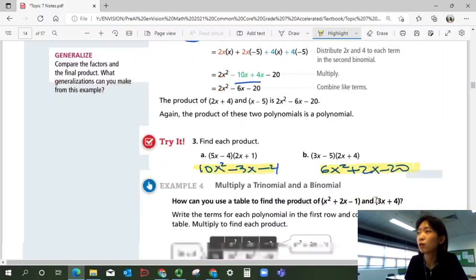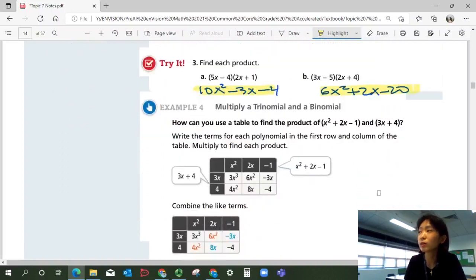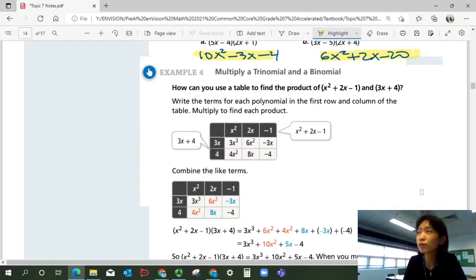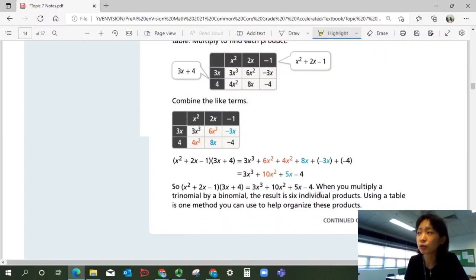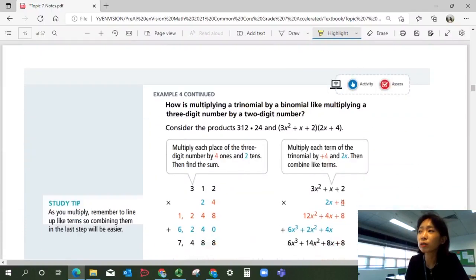Okay? Let's look at example 4. Multiply a trinomial and a binomial. How can you use a table to find the product of x squared plus 2x minus 1 and 3x plus 4? Now we're multiplying a trinomial by a binomial. So that's a quadratic trinomial and a linear binomial. You can use the table to multiply each term and add everything and combine the like terms to get your solution. You can also use the distributive property